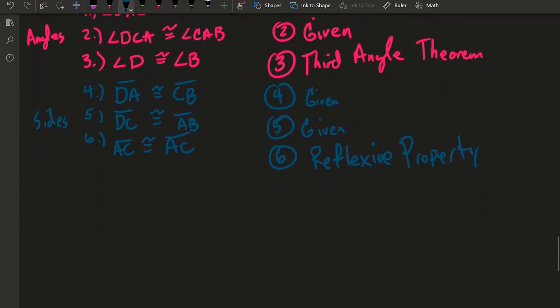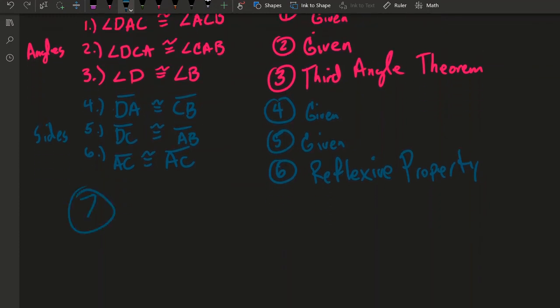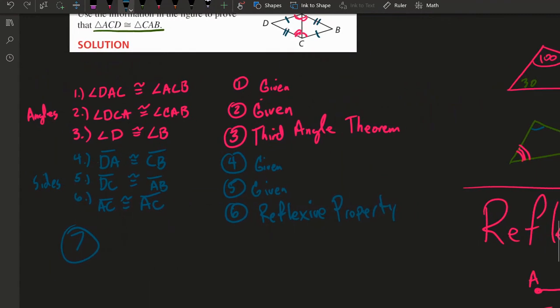And now, step 7, I can say that triangle ACD is congruent to triangle CAB. And the reason that I will put here is I know that because the corresponding parts